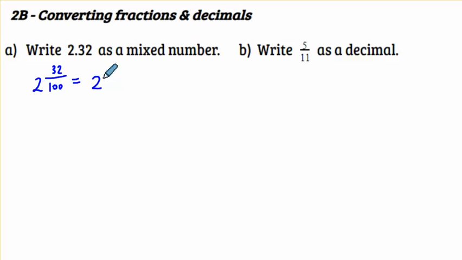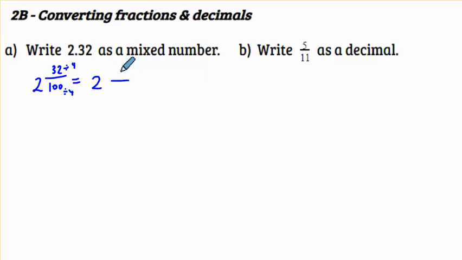So our whole number would stay 2, and then 32 and 100 both have a common factor of 4. So you can divide by 4 on the top and divide by 4 on the bottom, and you will get